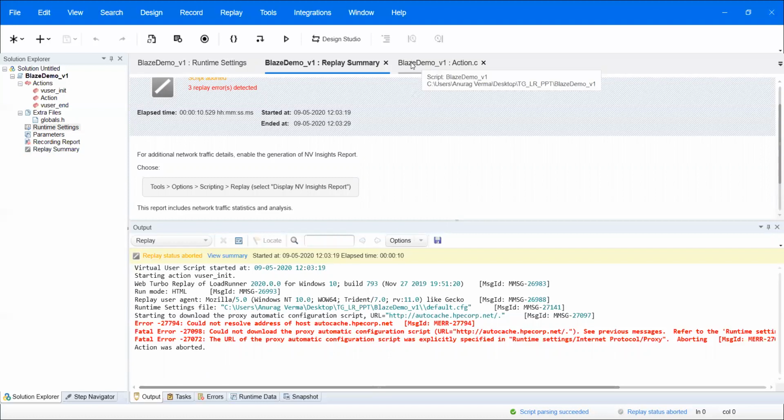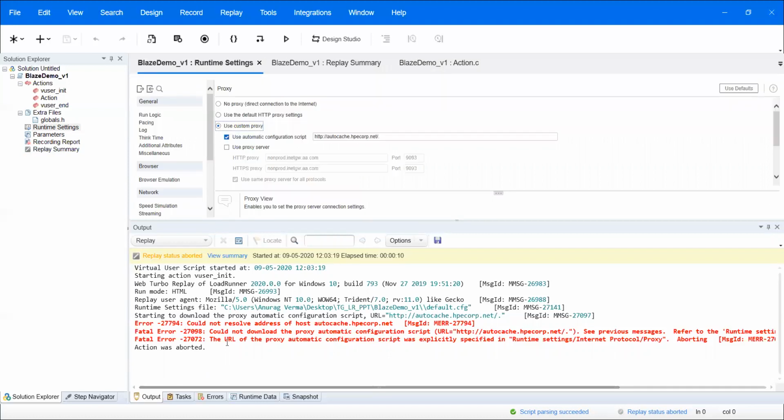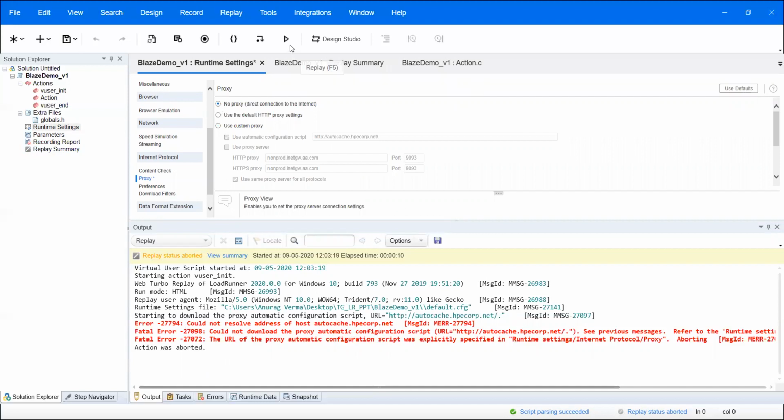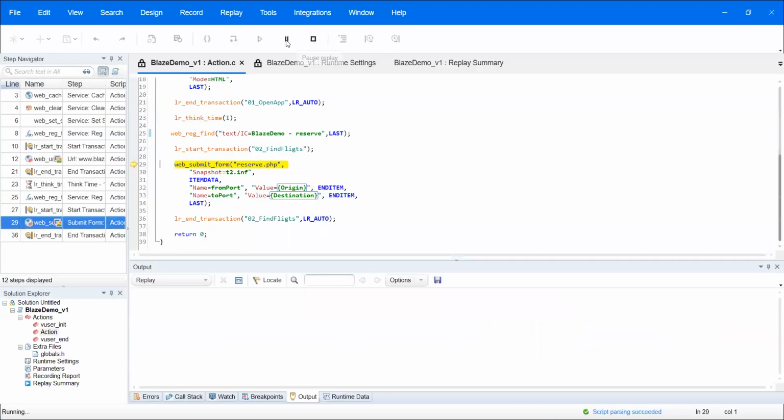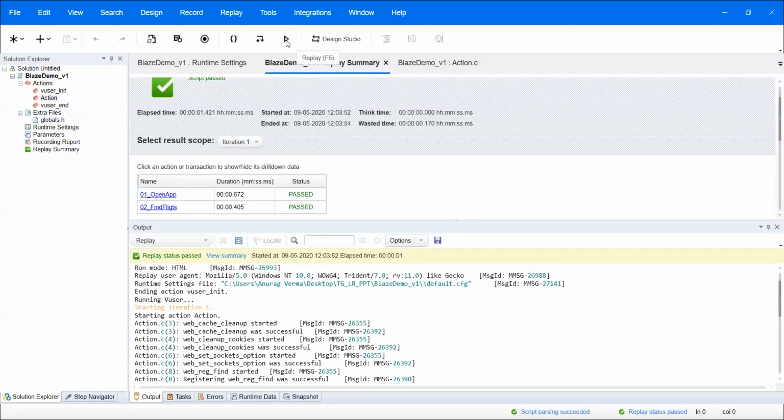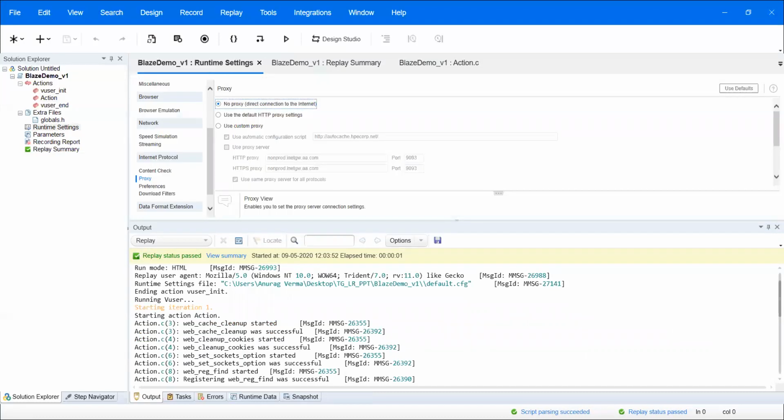Every time you get this type of error, you go to the proxy settings in the runtime settings and click on no proxy. Because for a particular application the proxy is not required, whenever you click on the no proxy option, your script will pass without any issue. So this is point number 4 which we need to remember.